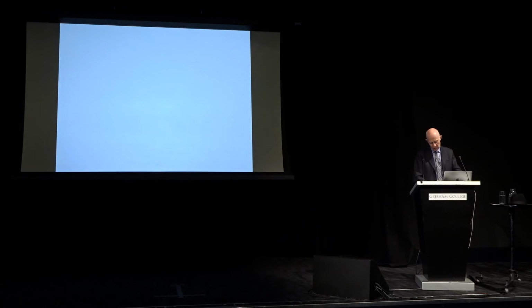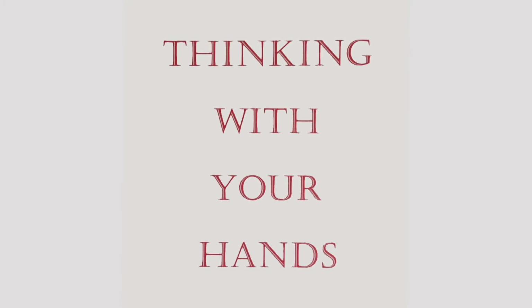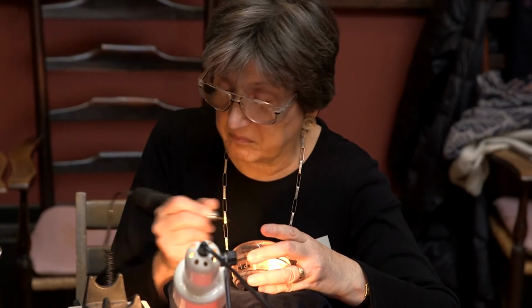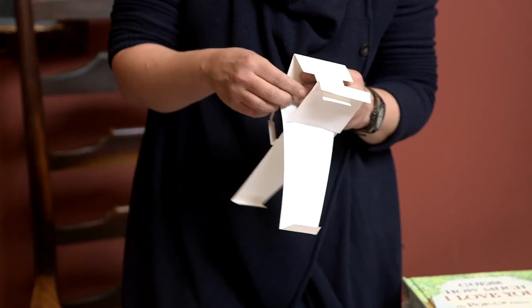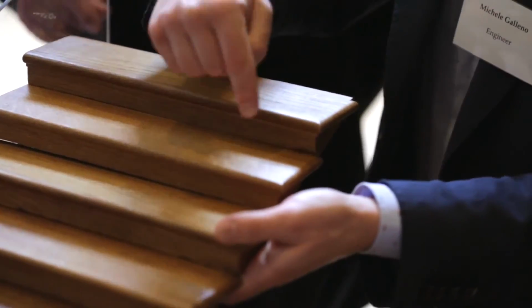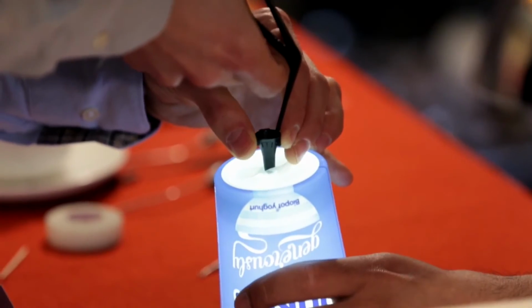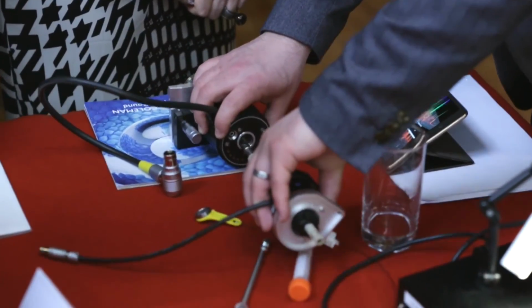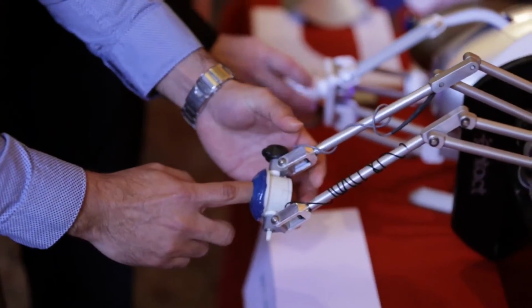So I'm going to take you to an event, just a couple of minutes of an event we carried out at the Art Workers Guild in London a couple of years ago. So we brought together a large number, almost 30 expert craftsmen of one sort or another, wood engravers, glass engravers, plasterers, stone carvers, a whole range of expert people, many of whom are brothers of the Art Workers Guild. But also brought together a number of other people you wouldn't associate so much with an organisation like this. So there are 5 or 6 surgeons of different kinds, colorectal surgeons, paediatric surgeons, others, and then some scientists, some laboratory bioscientists, analytical chemists, a wide range of people